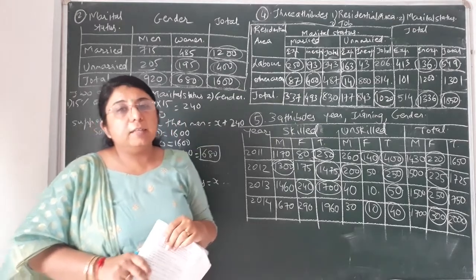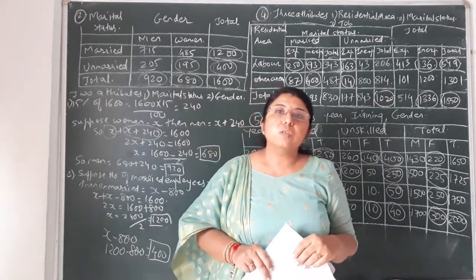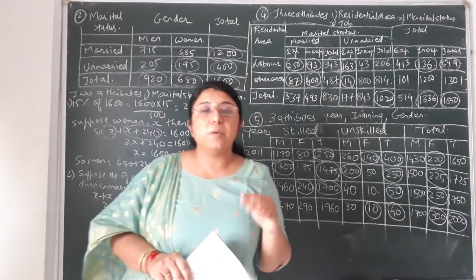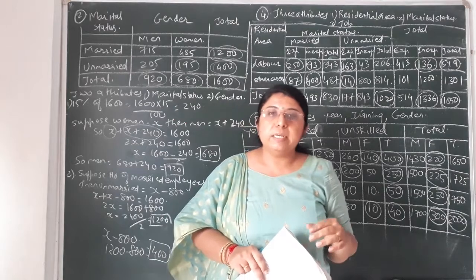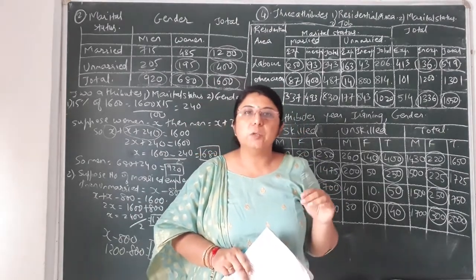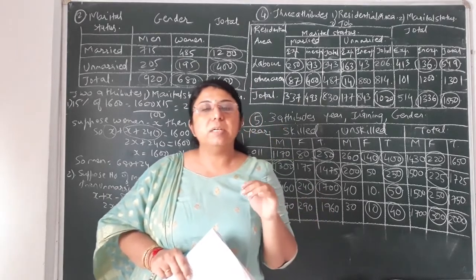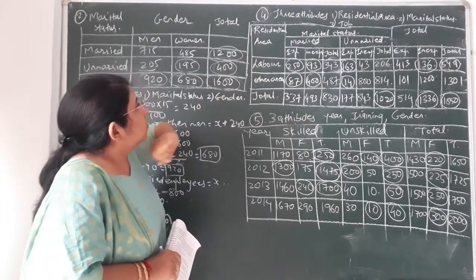Okay, and already in the last video lecture I discussed that according to your syllabus, a maximum of 3 attributes table would be asked. There may be more than 3 attributes to represent the data in tabular form, but according to your syllabus, maximum 3 attributes would be asked to represent in a table. Now let us see the table how it has been presented over here.